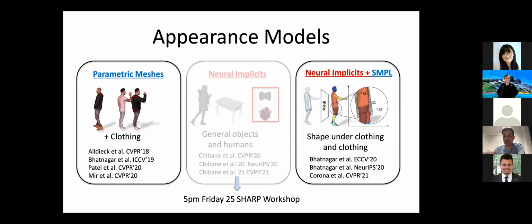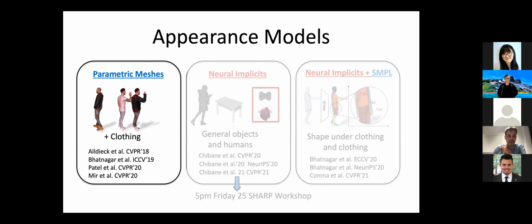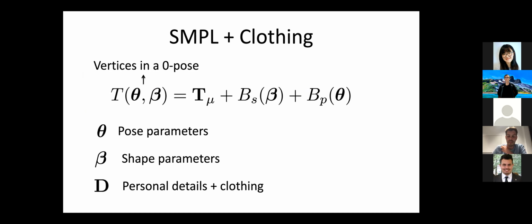And then there's what I call hybrids, which are neural implicits plus SMPL or parametric mesh-based models. You will see that these try to bring together ideas from models like SMPL and ideas from modern implicit function models. All right, so let me start with parametric mesh-based